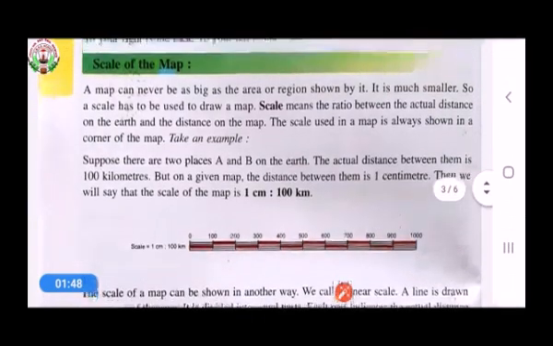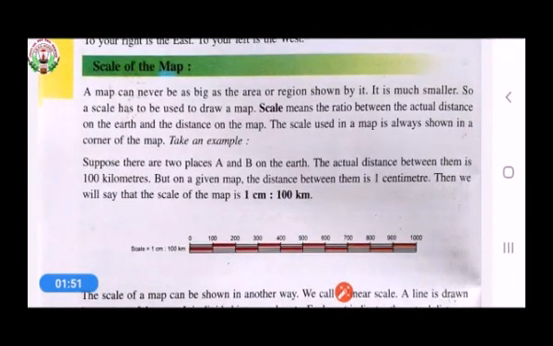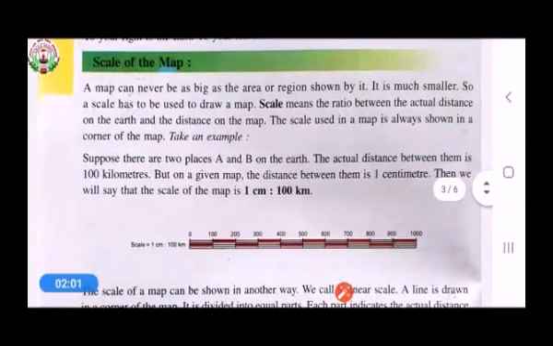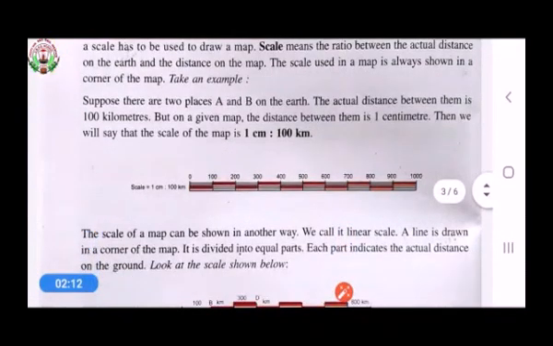Students, can we show the actual size of the earth on a map? No. It is not possible to show the actual size of the earth on a map. It is also not possible to show the actual distance between two places on a map.